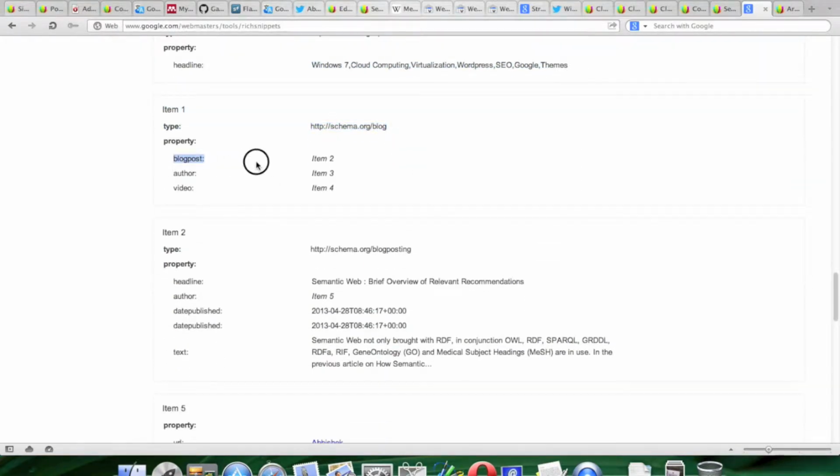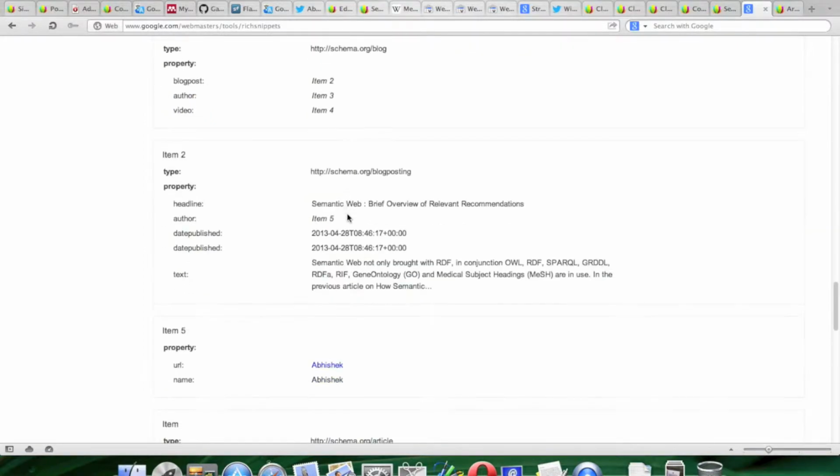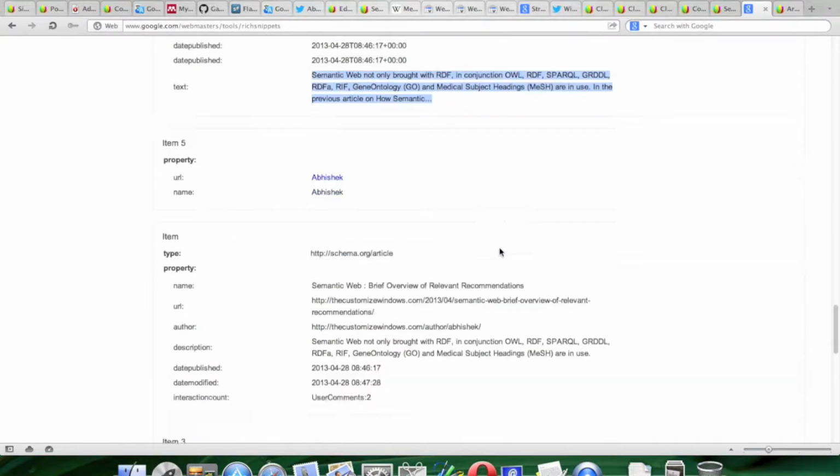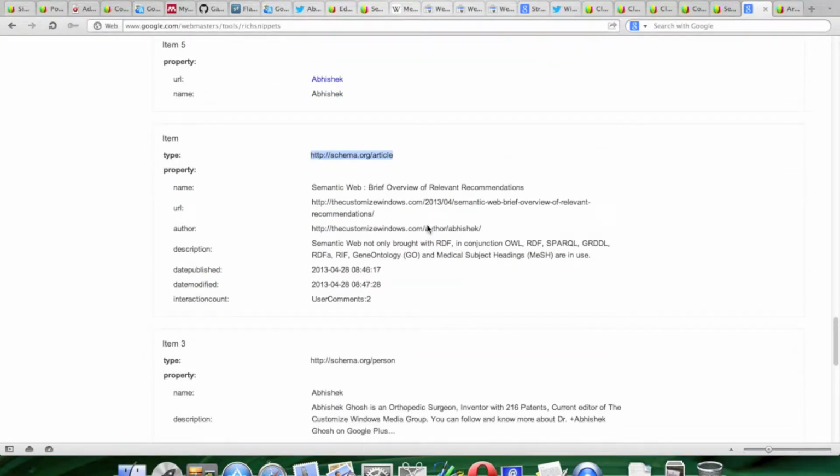And actually we have used nested schema.org, which we will show has some issues at the time of testing,